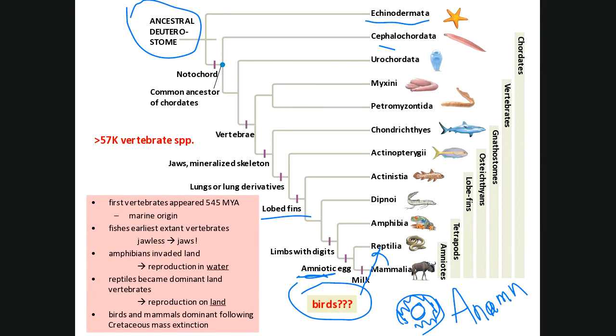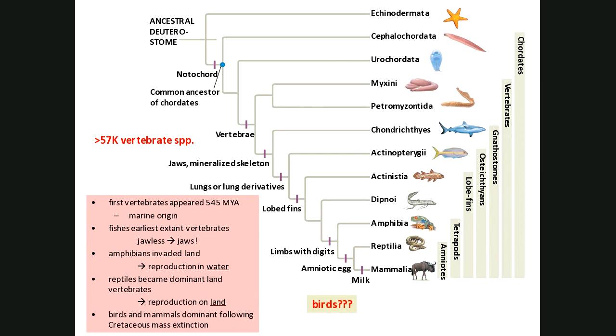So now you can lay eggs anywhere, by the way. You don't need to be near the water. The reptiles can move out into drier areas in the world. Remember, at the time, that's what was happening. The interior of the continents were getting drier. So the dinosaurs were starting to rule. And of course, mammals also have amniotic eggs. The big thing about mammals, where our name comes from, is the fact that we nurture our young very effectively through the production of something called milk, right? Nobody else makes milk other than us.